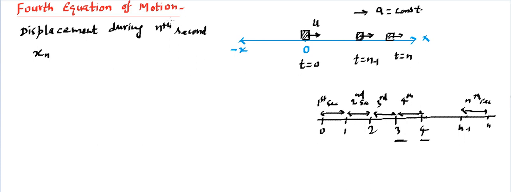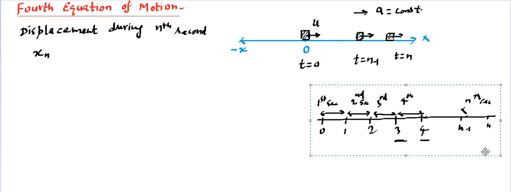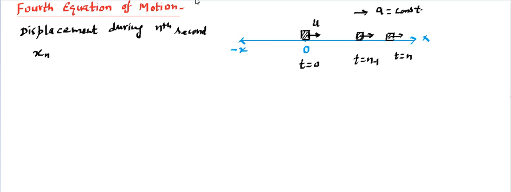So when we place the th upside, it is talking about basically 1 second. All the time durations you can see are 1 second, but they are located at different locations or different time durations. So this 1 second is different from this 1 second, and this is different from this 1 second. So we are talking about the nth second. If we write x4, that means we are talking about the fourth second. Making sense? That's what we need to find in this particular equation, which will be known as equation number 4. Now how can we find this?